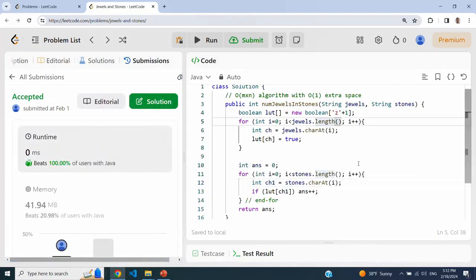There is another trick that I would like to show you. Here we are using a Boolean array, so we have to do an if statement: if the character is in the lookup table, then increment the answer. These if statements are not good in the sense that if it is possible to avoid writing an if statement in your code, it is preferable that you avoid if statements. I don't want to go into the details of why this is the case. You should understand it when you take your computer architecture course.